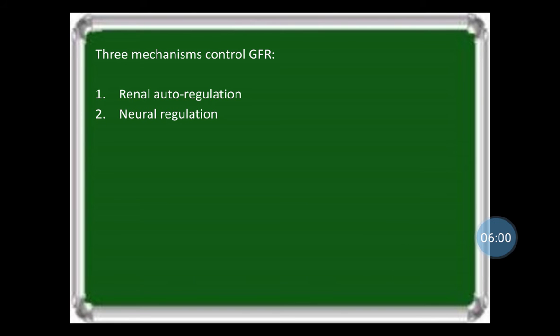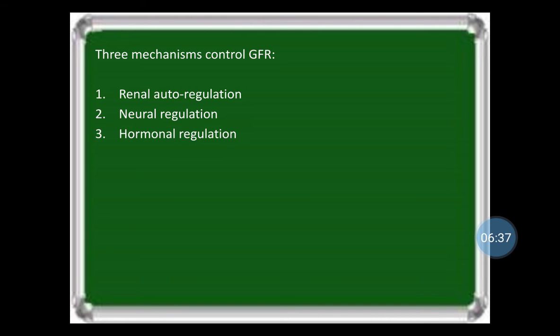Like most blood vessels of the body, the kidneys are supplied by sympathetic ANS fibers that secrete the hormone called norepinephrine, and this norepinephrine causes vasoconstriction, which decreases the GFR. If the sympathetic stimulation is mild, meaning at rest, the afferent and efferent arterioles are mildly contracted, and if the sympathetic stimulation is very high, such as during exercise, then it causes vasoconstriction.